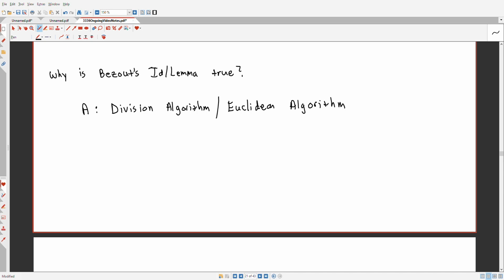So when I talk about the Euclidean algorithm or the Euclidean division algorithm, what I'm really talking about is using the division algorithm to compute the greatest common divisor of two integers. So it turns out Bezout's theorem you can get from figuring out how to compute the greatest common divisor